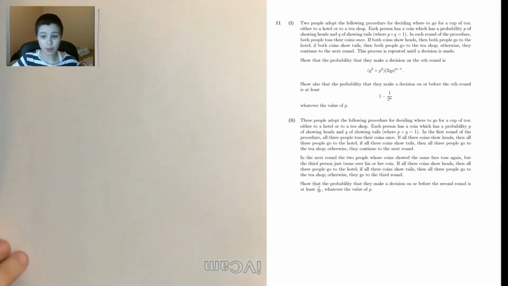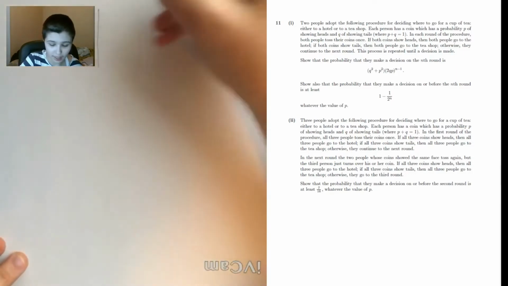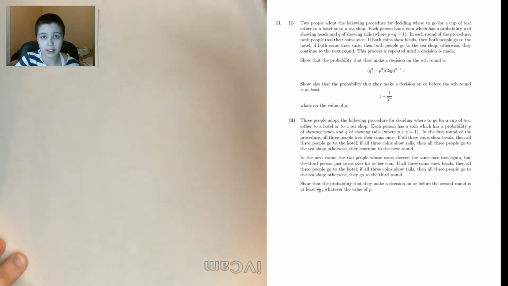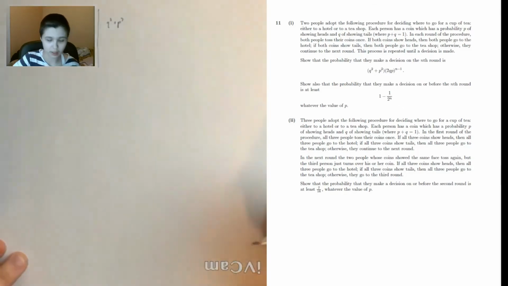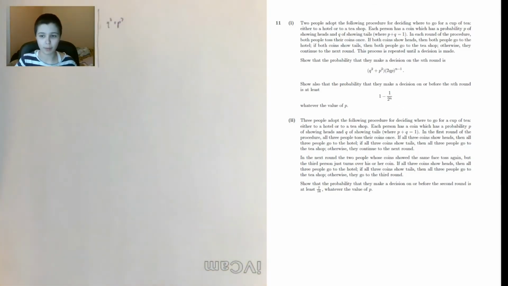So for the second part, show that the probability that they make a decision on or before the second round is at least 7/16. Well, let's find the probability in terms of p and q of them making a decision on or before the second round. That's going to be, well, the probability that they make a decision on the first round is going to be q cubed plus p cubed, because that's the probability that all of them either choose all heads or all tails, and